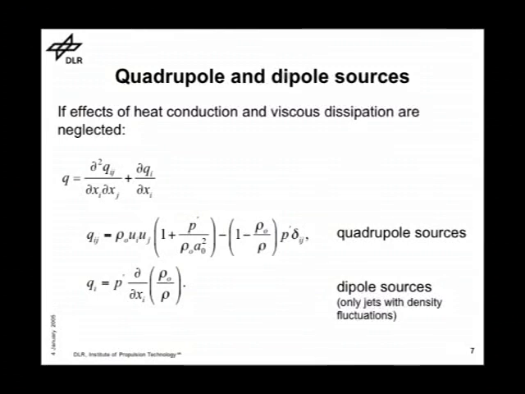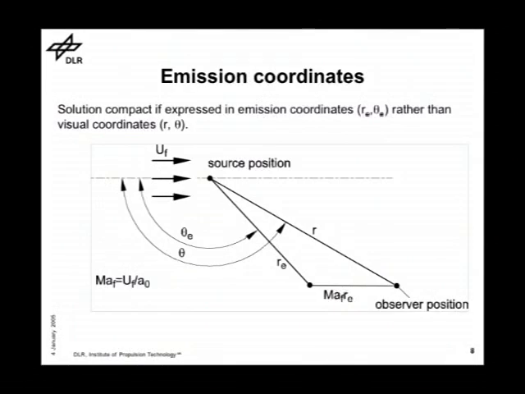So we have two sources. And the interesting thing is the dipole sources lead to a U to the 6th law. And we just had tests shown that we have U to the 6.5 at 90 degrees. So you find at 90 degrees, at almost all engine jets with moderate bypass ratios, a U to the 6th law. So it could be that this noise source term is very important, and we always neglect this in our discussions.